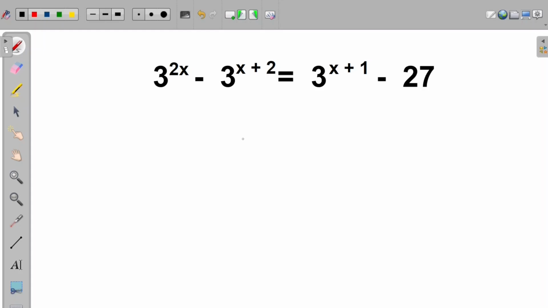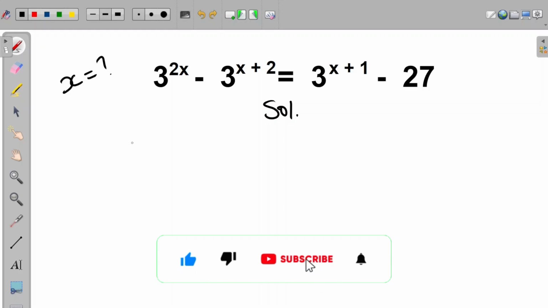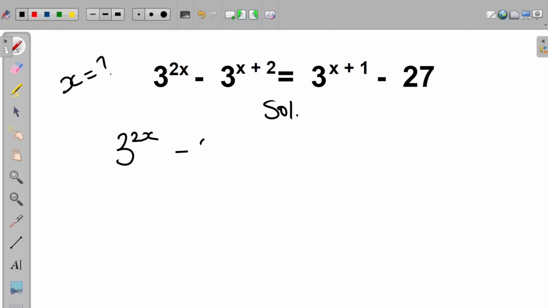Hello everyone. In this video, we are asked to obtain the value for x that satisfies this equation. The equation given to us is 3 raised to the power of 2x minus 3 raised to the power of x plus 2 is equal to 3 raised to the power of x plus 1